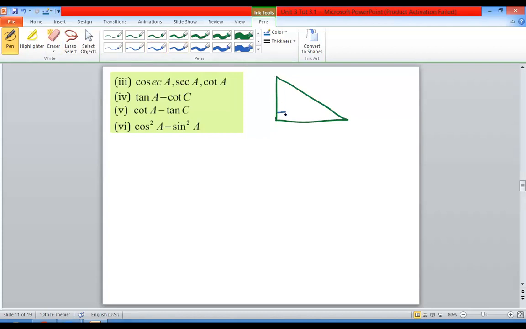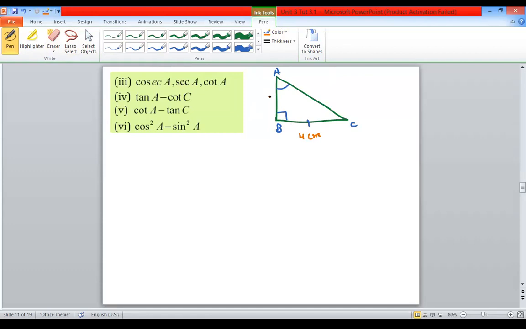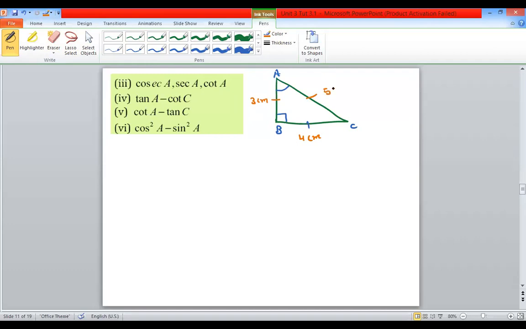So this is your B. Here the ABC are fixed. Here look here. This is the opposite side. First of all you can put the length. Put the length of all of these. Then give the name of the opposite side. This length is 4 centimeter. And it is 5 centimeter. Now you can give them angle A, its opposite side, its adjacent, and its hypotenuse.